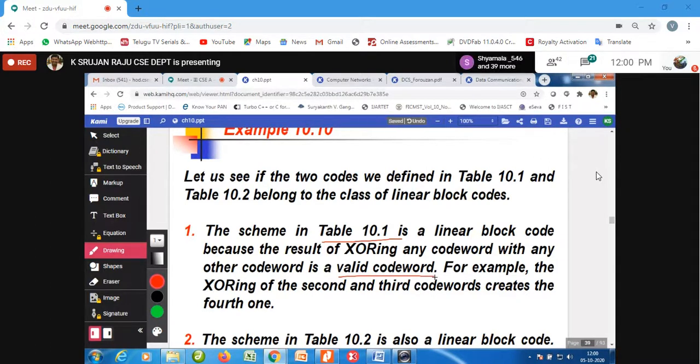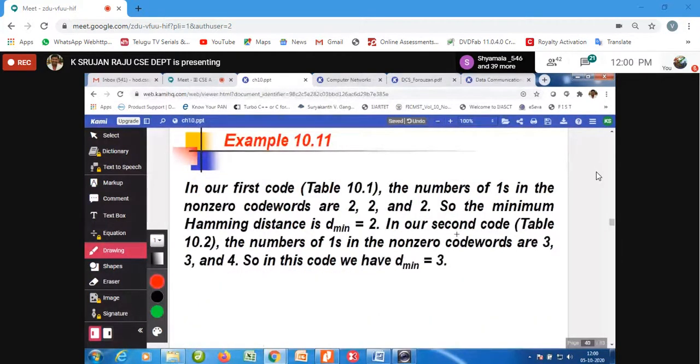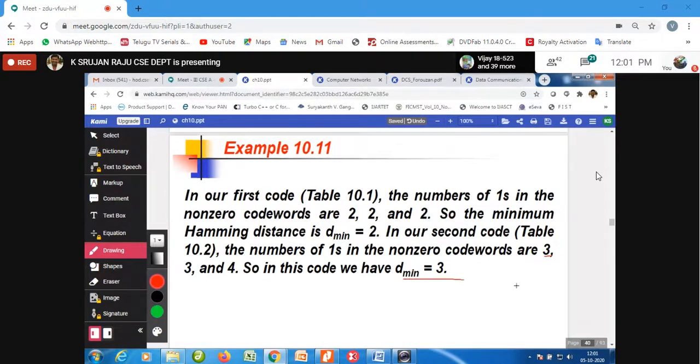The number of ones in the non-zero code words are 2, 2, 2, and the minimum Hamming distance is 2. In the second table, the minimum is 3 and 4, so the minimum distance is 3, which we have discussed.